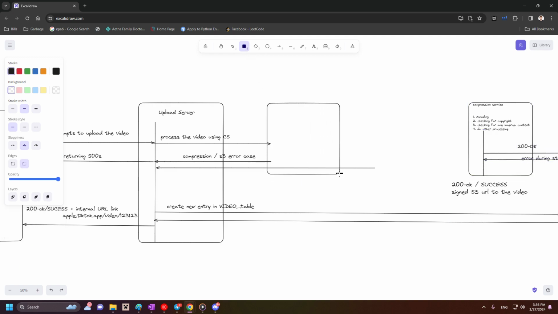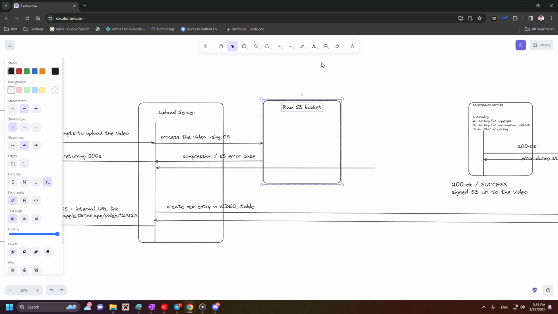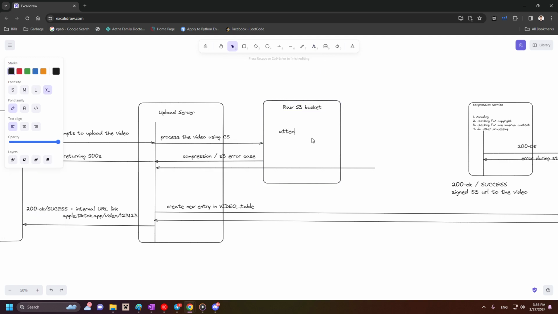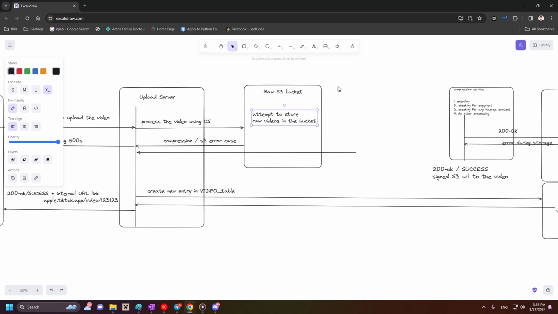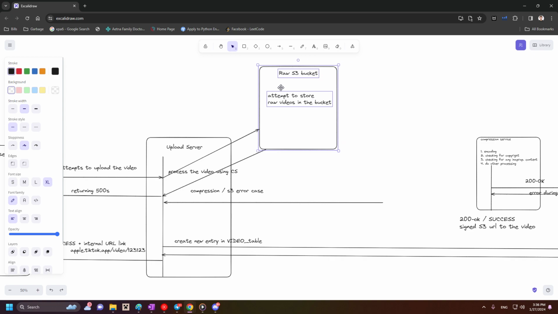Okay. So we'll have our raw S3 bucket, and we'll attempt to store raw videos in this bucket. I guess this is kind of going to be on the side because this is not going to have any actual